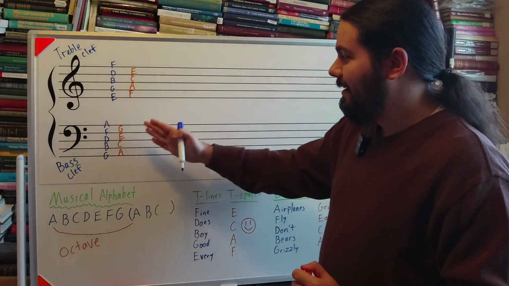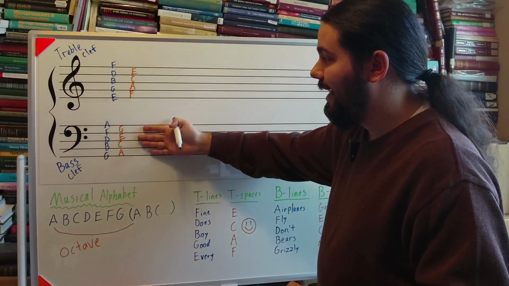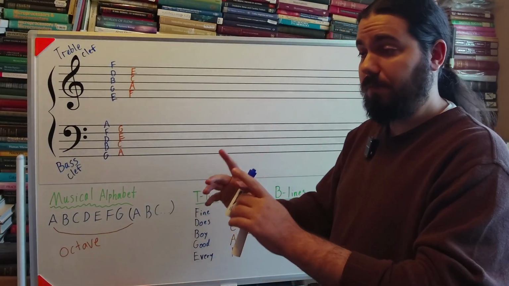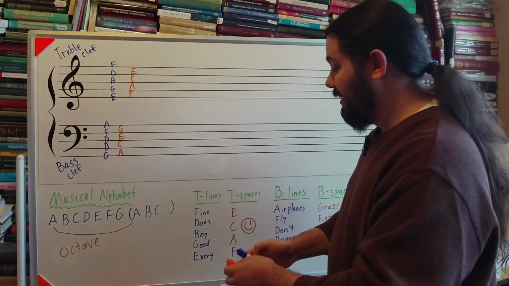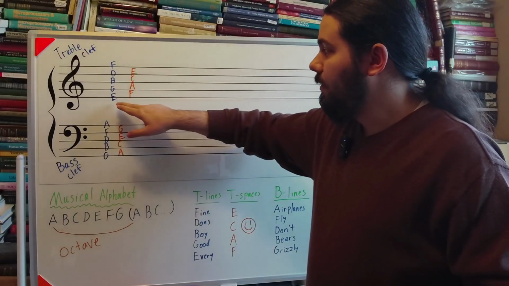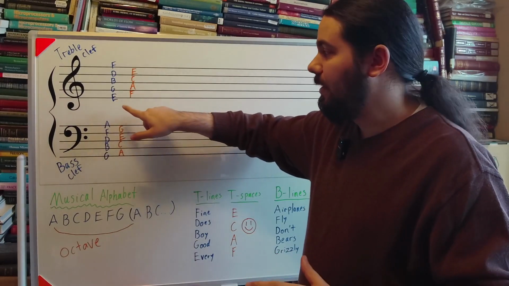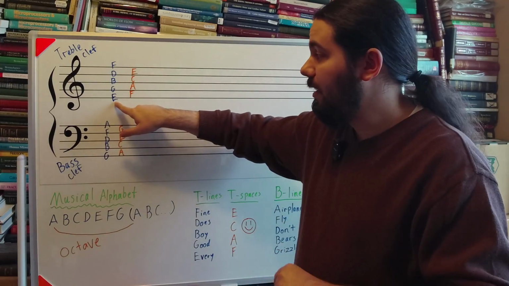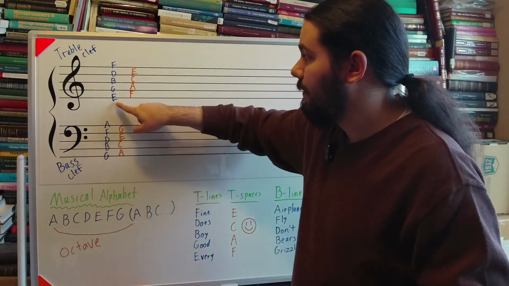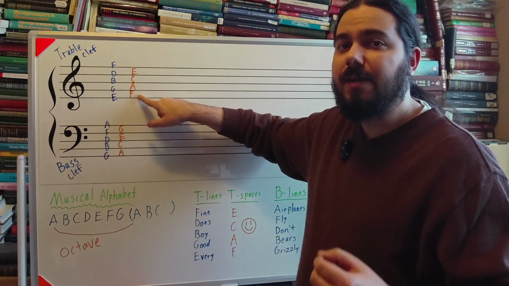So that is all of the lines and all of the spaces for both the treble clef and the bass clef. I want to take this opportunity to demonstrate the relationship between lines and spaces. Whenever you go to the next letter in the musical alphabet, if you start on an E, which is on a line, you can tell because there is a line going through the letter. If you start on a line, the next letter in the alphabet will have to be on a space,